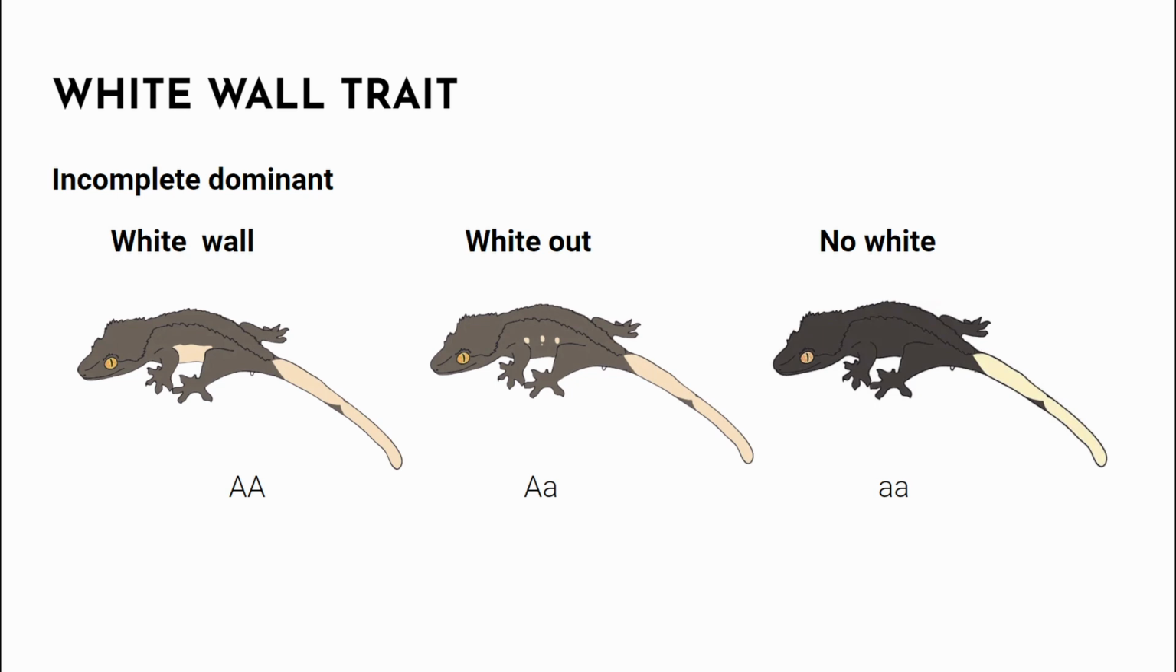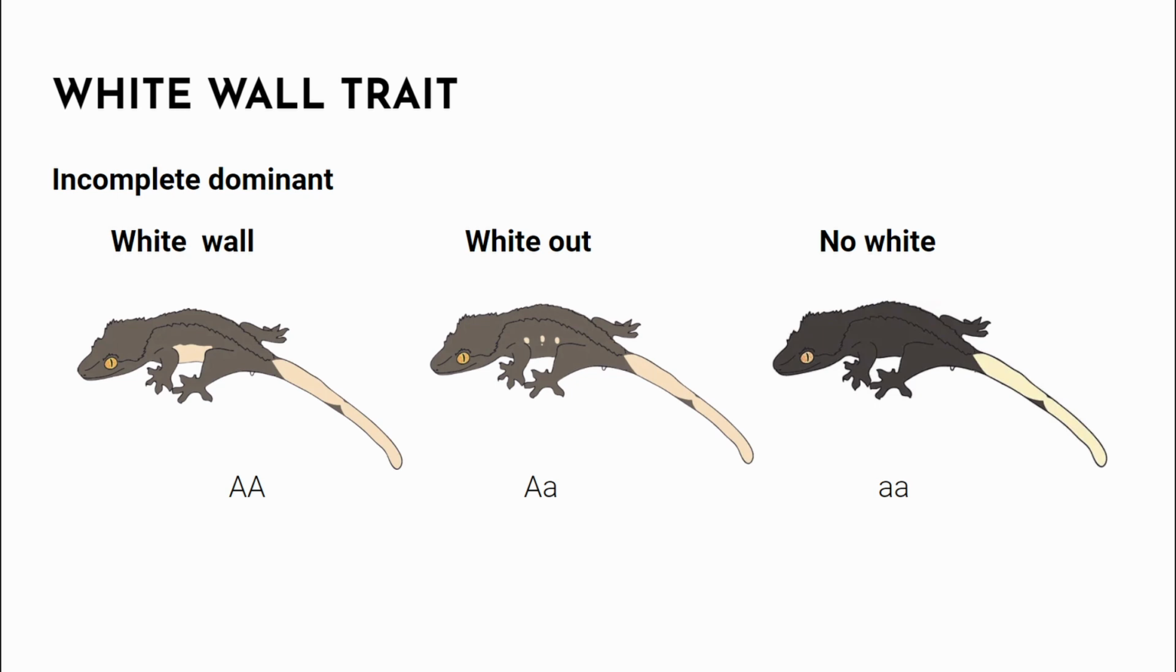For this example, I am using the white wall gene. 2 copies of the gene will make a thick wall on the dorsal of a crested gecko, while 1 copy of the gene will make a few dots on the side of the crested gecko. The dots on the side of the crested gecko are called whiteout. So the homozygous dominant big A is a white wall, while the heterozygous is a whiteout, and the homozygous recessive is no copies of the gene and no expression of the gene,